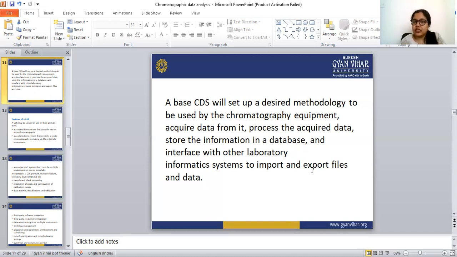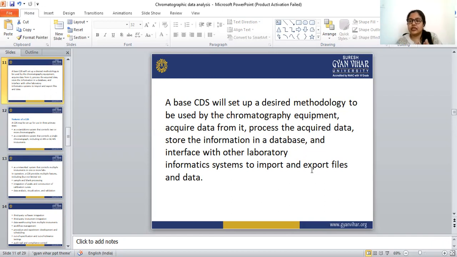The CDS will also help us to interface with other laboratory informatics systems to import and export files and data with other laboratories. This is the main use of the CDS. The CDS is a chromatographic data system.